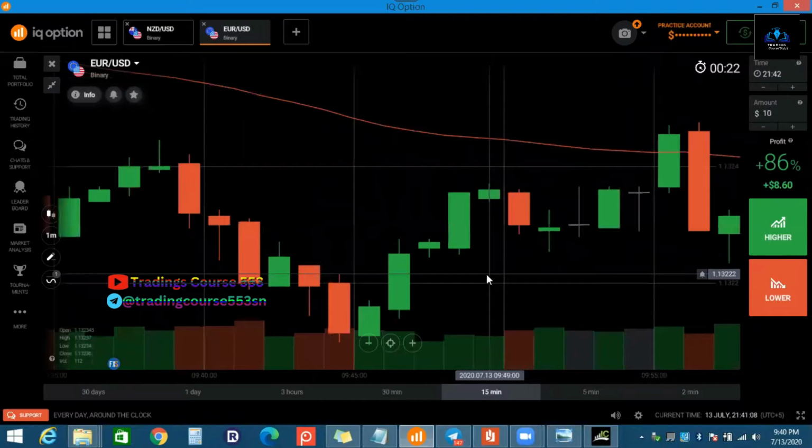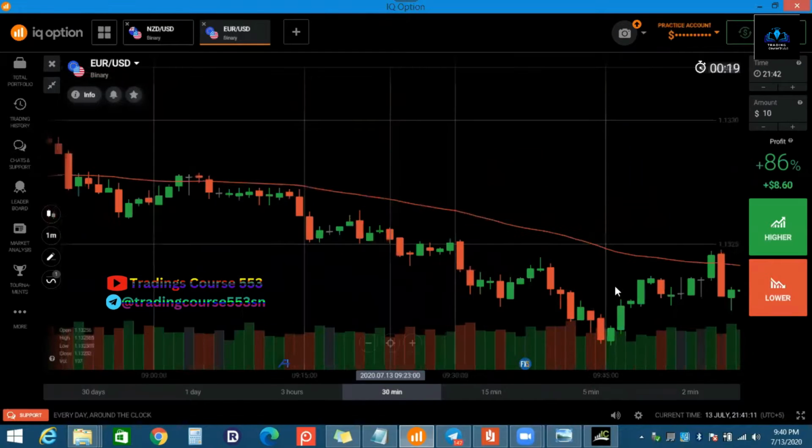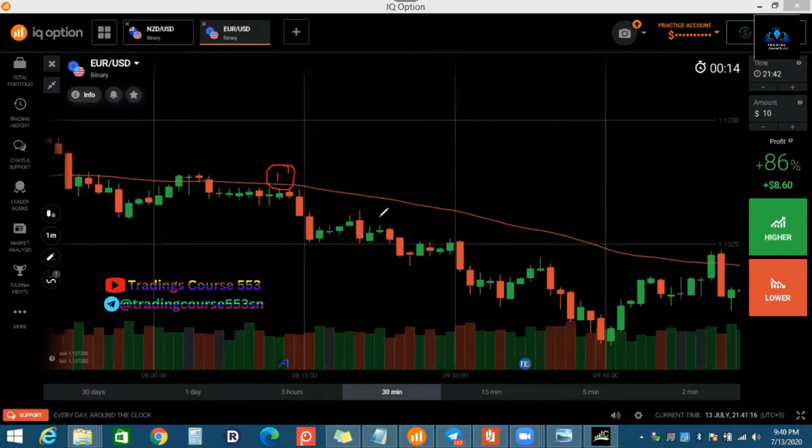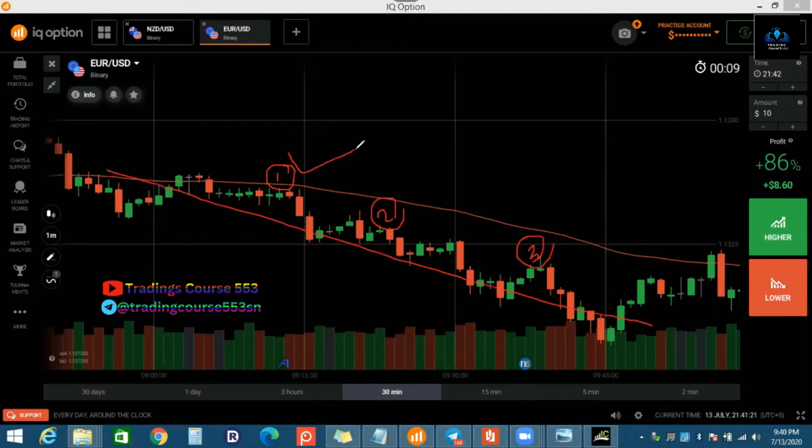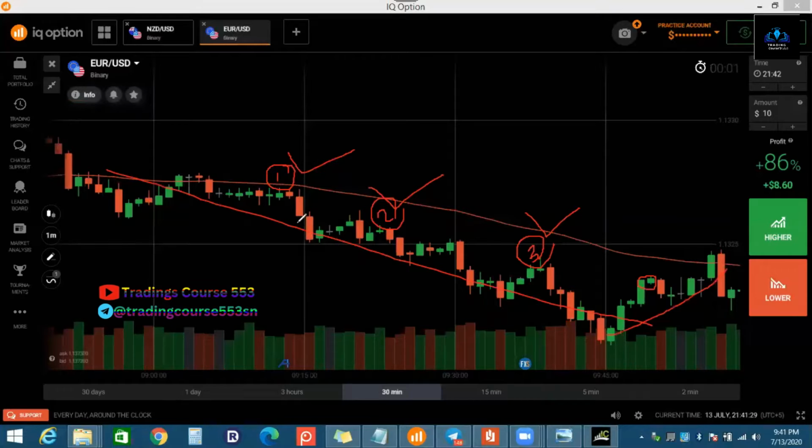So now the strategy: the one signal we got here, the second signal we got here, the third signal we got here. In one trend only, we will take only 3 setups, not more than 3 setups. When the fourth setup appears, you will see the trend will change direction. You know that an impulsive wave has 3 waves, 1, 2,